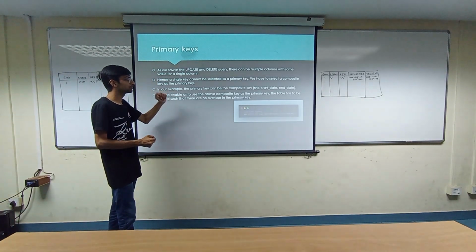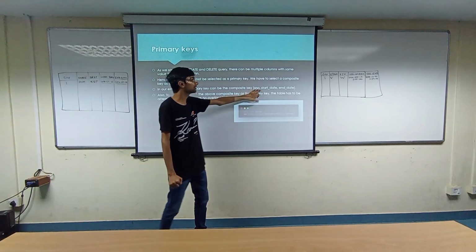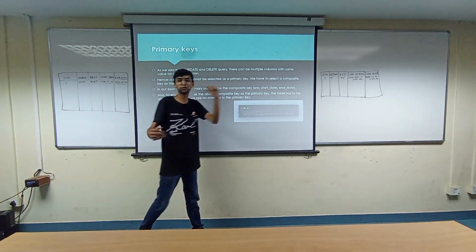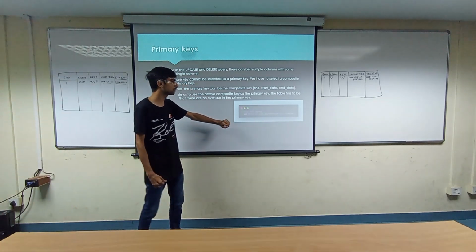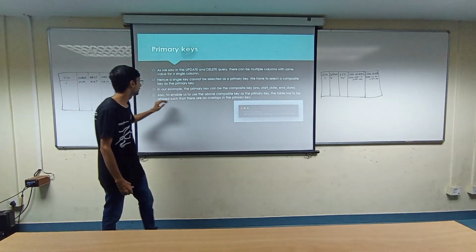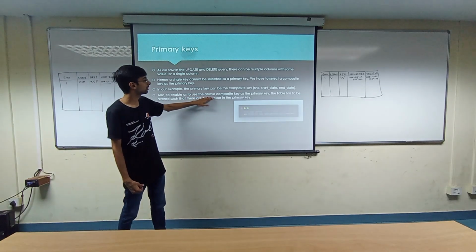So in our example, we can take a composite key of serial number, start date and end date, as one of the three columns will be unique anyhow. So we can run this command to add the primary key. Also to enable us to